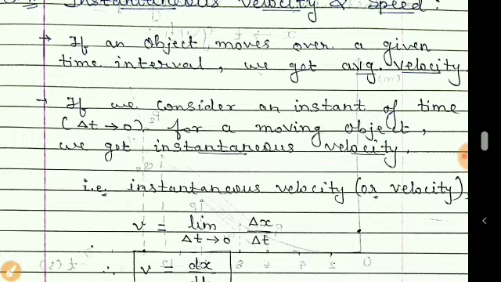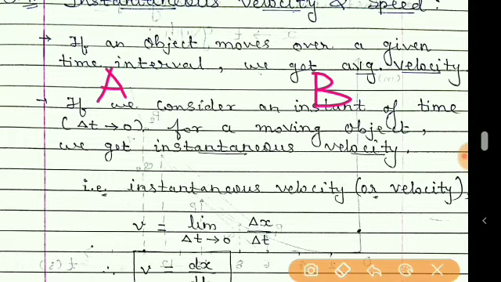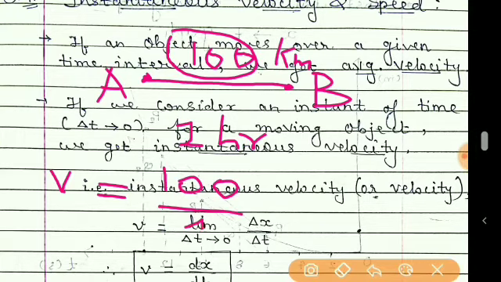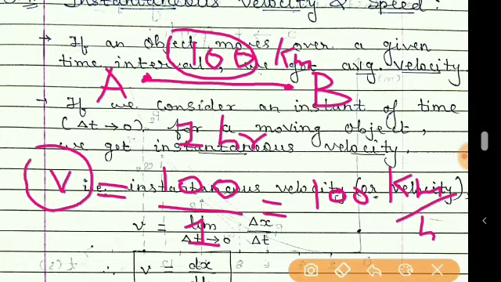For example, if I am moving from Ahmedabad to Baroda, and suppose I reach in 1 hour, and let it be 100 kilometer away from Ahmedabad, then what is my speed or velocity in this case? So in this case I can say that velocity v is equal to distance, which is 100 kilometer, upon time. Time is 1 hour, so upon 1, that is equal to 100 kilometer per hour. So this velocity is actually average velocity,